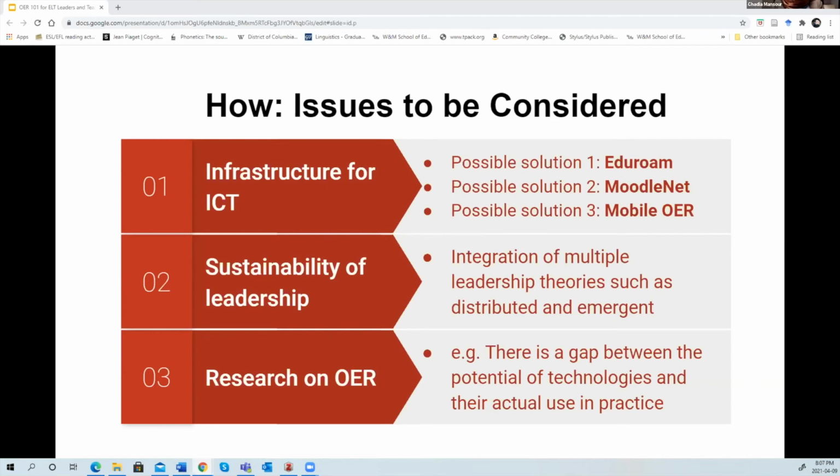The first problem would be the infrastructure of ICT, which is information and communication technology. So we found some possible solutions, and we're exploring more, and even trying to talk to database people. Charities are doing a great job in connecting us to this. So either on Google Net or mobile OER, we thought, because there is here, we're talking about OER as an